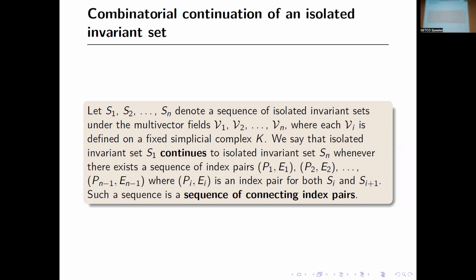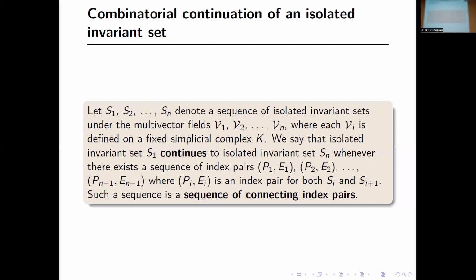Or, in terms of this finite vector space of all multivector fields, it is just a tensor in that space. So we have this sequence of atomic rearrangements, and we say that two isolated invariant sets